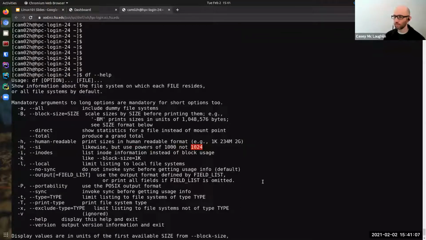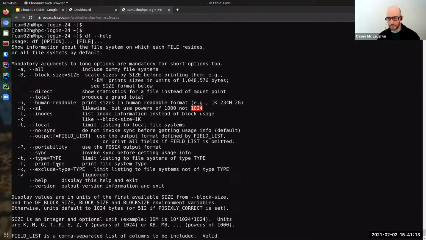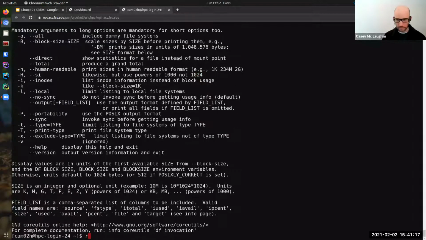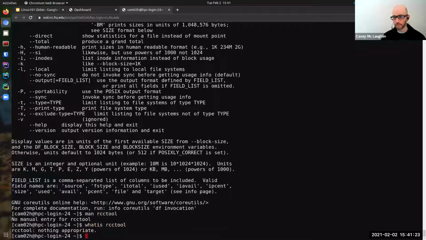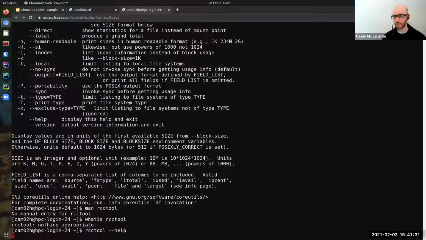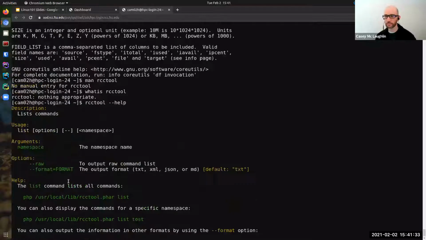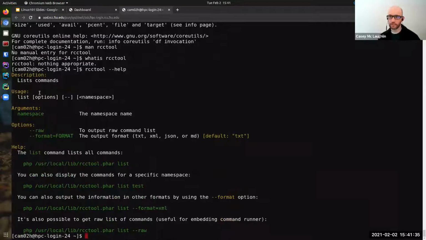This depends on what you're doing and what the outcome of your motivation is. Okay, and then of course I used rcc-tool as an example of where you couldn't use the manual pages in any regard whatsoever, but it does have a help. And it's got pretty colors and everything.